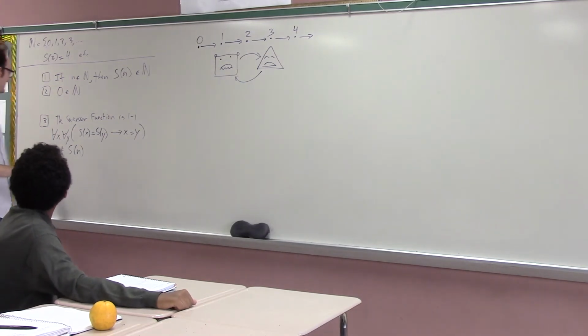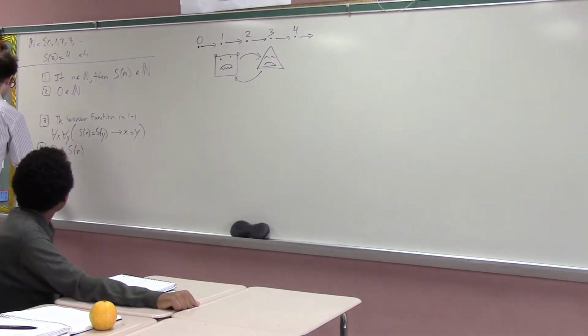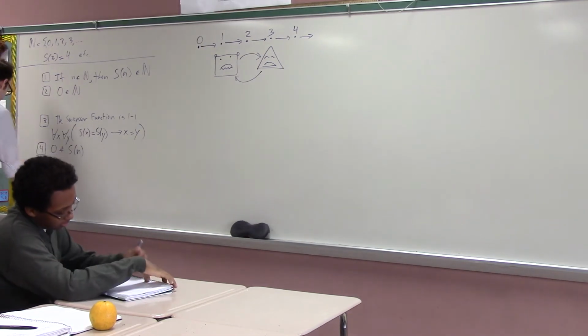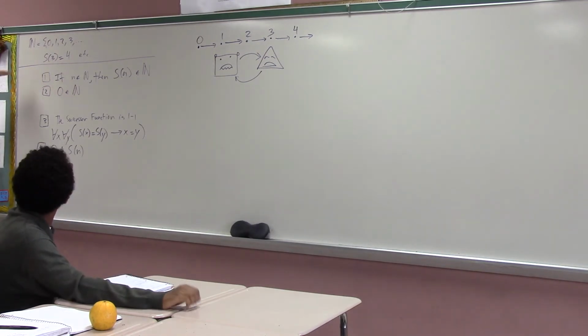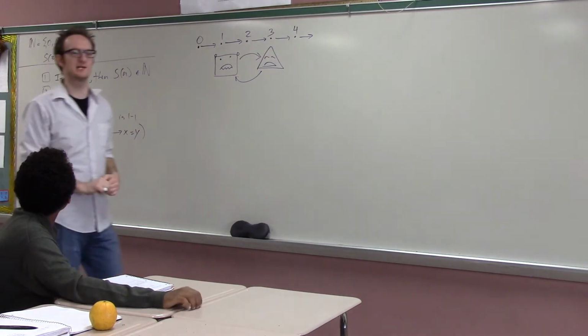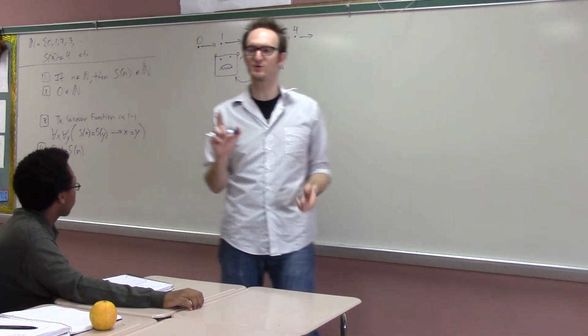So the problem is that this axiom system is not quite complete. Because the whole point of an axiomatization is that you should be able to explain to an alien the properties, and then the alien should be thinking the exact same thing that you're thinking. You guys feel like you kind of get this? Alright, so it turns out that we need another axiom for the natural numbers.